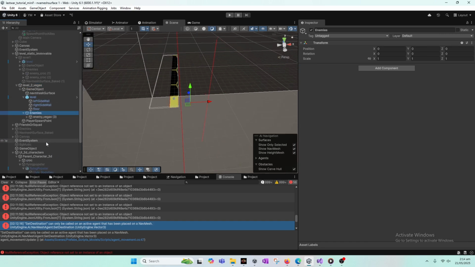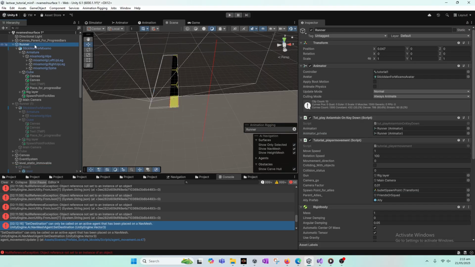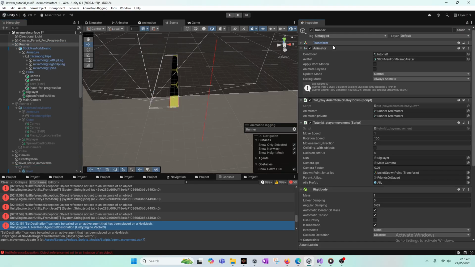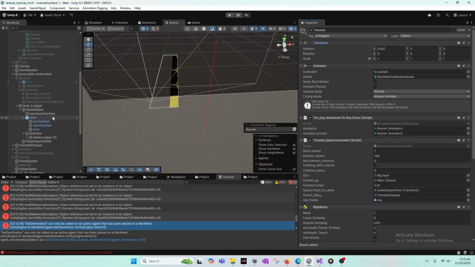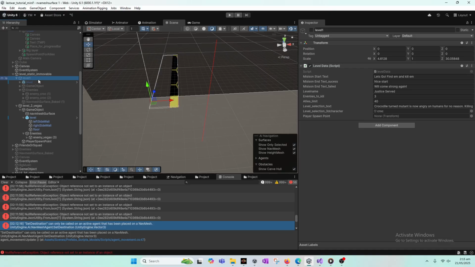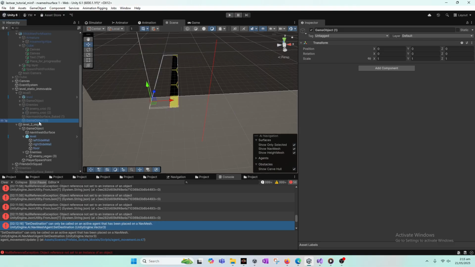So again this will work for our level 1, but level 1 won't be able to work. So what we'll do is simply get these component values, so copy component, and inside our level static immovable, and then level 1 we will create empty. So what we can do for our level 1 is either put a player spawn point here, or if no spawn point is given,